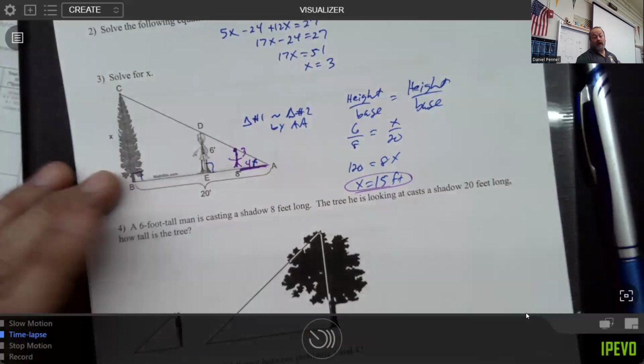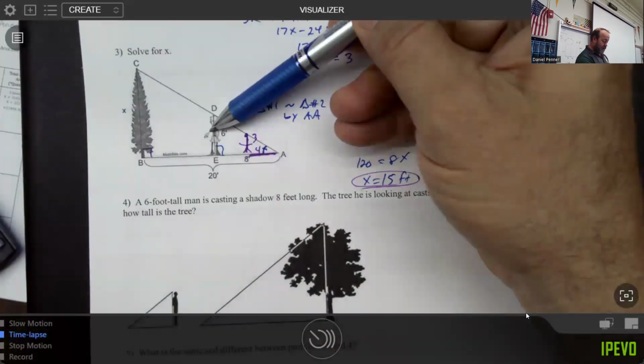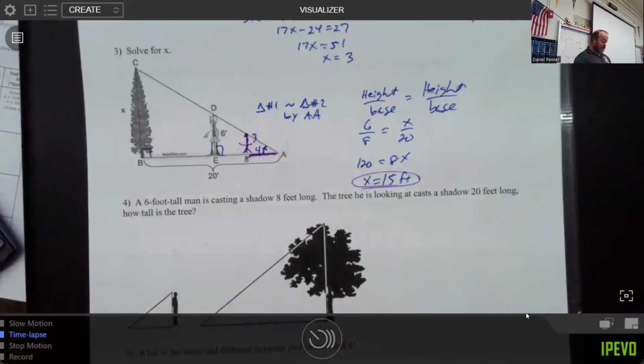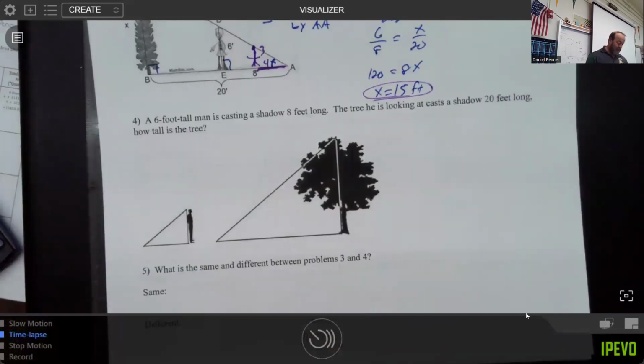So that's kind of the way I actually did it. I did not do this right here. I immediately saw that I could reduce 6 and 8 into a smaller triangle that would make it easier for me to see. Now, we have this separate question here, number 4, that says the 6-foot tall man right here